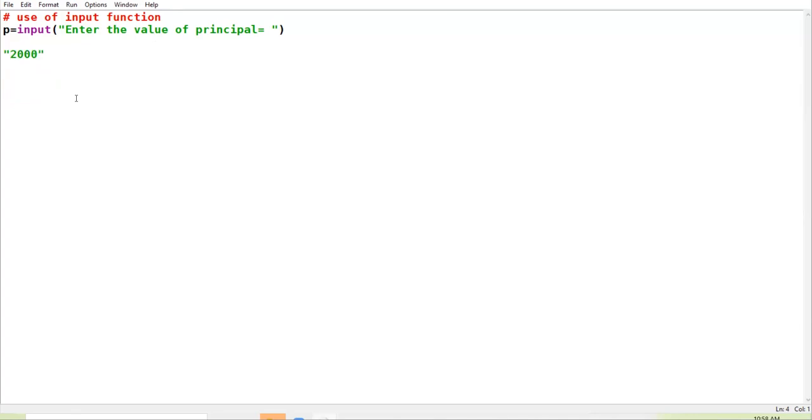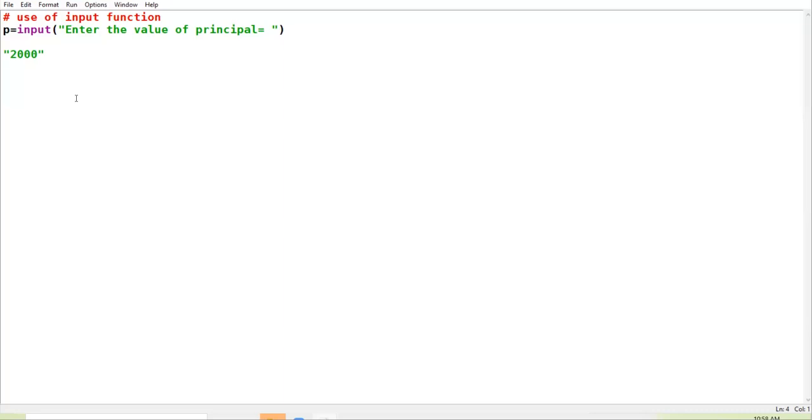Am I clear up till here? So we have to convert the principal from string value to numeric value so that we can perform calculations on it.